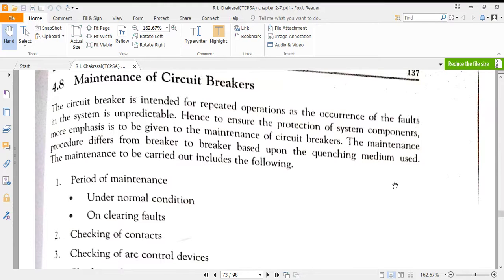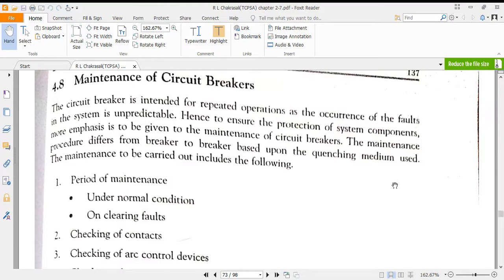Hence, to ensure the protection of the system components, more emphasis is generally given to the maintenance of circuit breakers. If a circuit breaker is not operating, then the loss is very big. We don't know where the damage is going to happen because of the high currents flowing